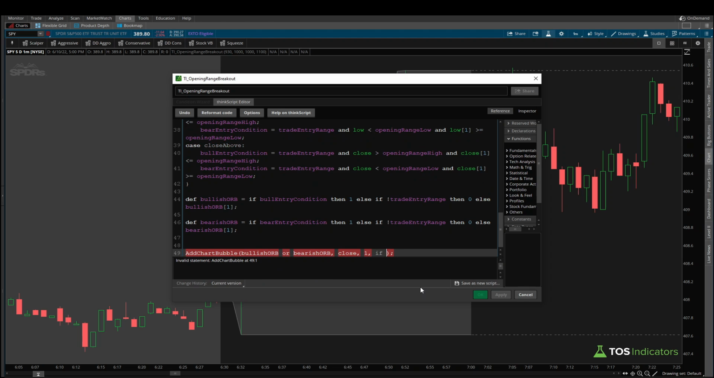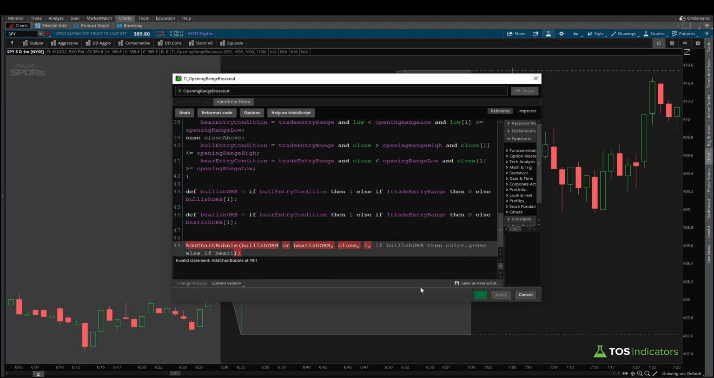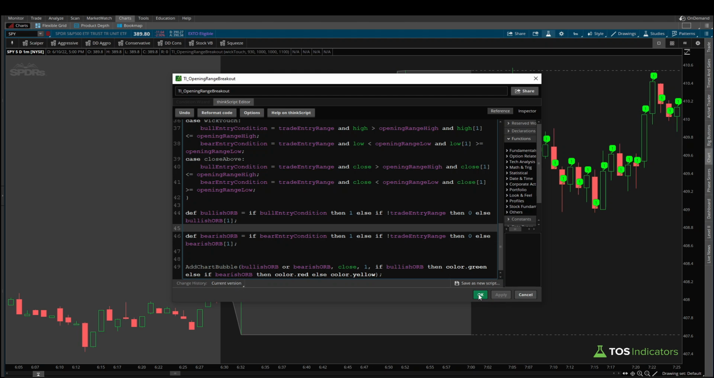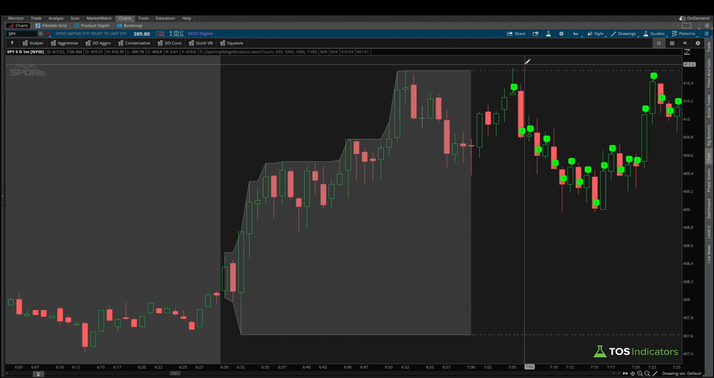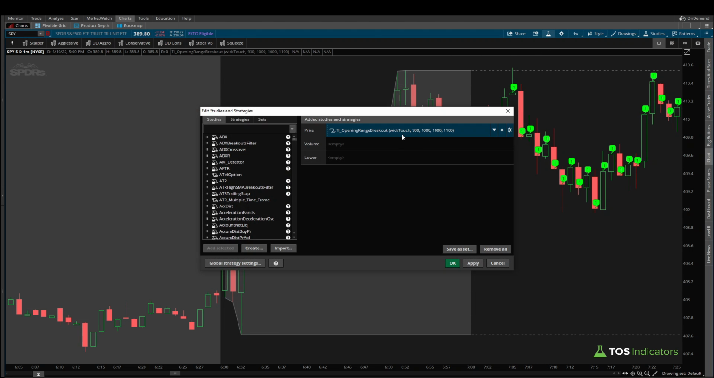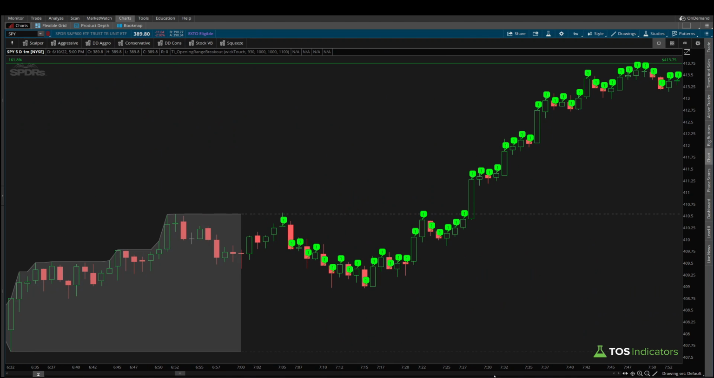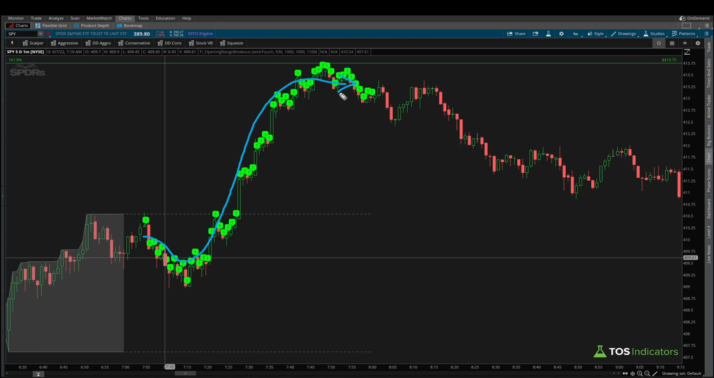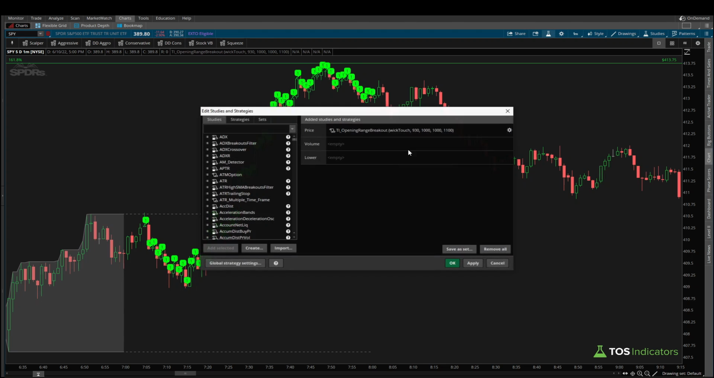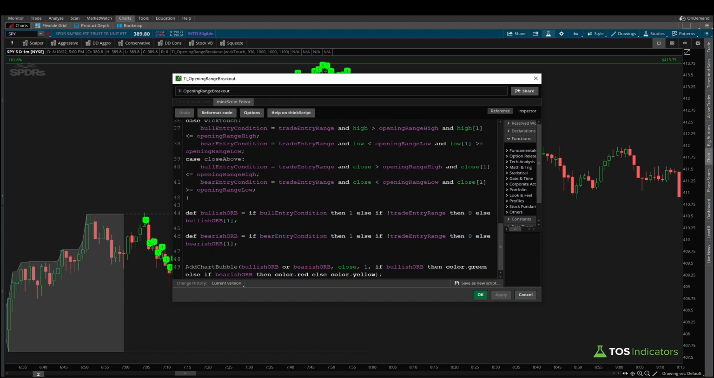So let's say if bullish ORB, then color .green, else if bearish ORB, then color .red, else color .yellow. Let's see what happens now. If I click apply, I think this is set to wick touch by default, and we can see here we have a wick touch taking place right here, and ever since that point this now continues to return true all the way throughout. Now if I come back inside of our code, let's go ahead and comment out the